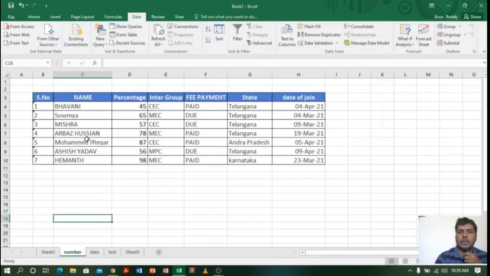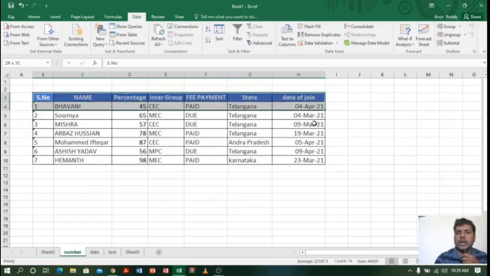Coming to Excel, first let us start with a number. So I want to implement a filter on number. Generally the disadvantage of filter is when you want to filter data and copy it somewhere, first you have to filter, then copy and then paste. But advanced filter will paste the data ready-made, whichever you want to filter. For example, let me show you.